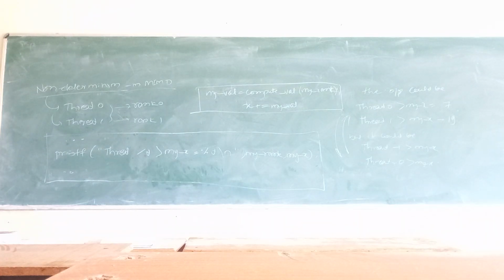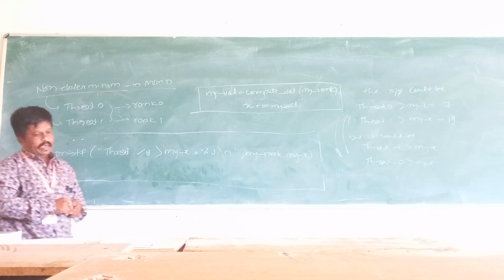After fetching the value from the main memory to the registers, then I'll make the addition there. If the two values are 5 plus something, then I have to initialize first, 0 0, then fetch those two values from the main memory to the register. Then we perform the addition operation. After performing the addition operation, I have to store the result back in the main memory. That's nothing but we are doing the first read or fetch operation, then the operation, then the write back of the value here.